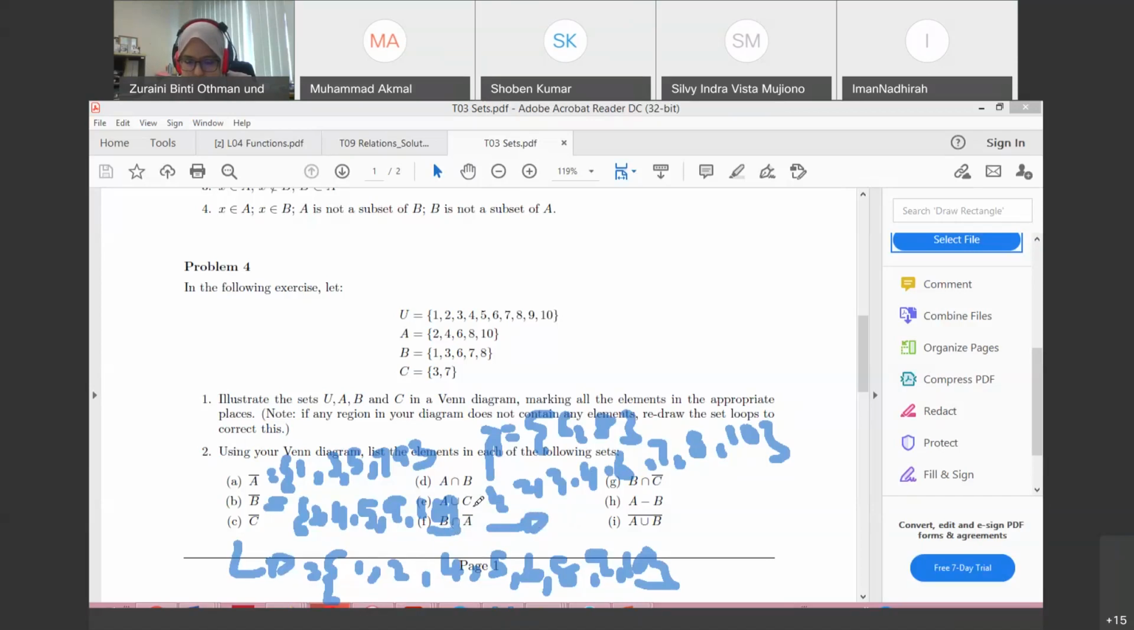Okey, for F. B yang bersilang dengan luar daripada A. 3, 7. B yang bersilang dengan luar daripada A. Satu masuk tak? Masuk. So ada 1, 3, 7. Okey, for G ni. G, B yang bersilang dengan di luar C. Apa? 1, 6,